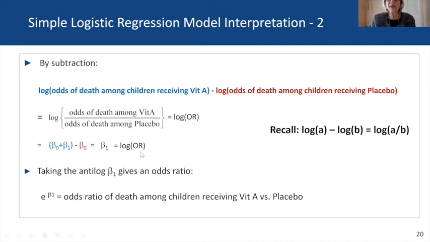So if beta 1 is a log odds ratio, then taking the anti-log, meaning exponentiating beta 1, gives us an odds ratio. And this is typically what we interpret, the exponentiated coefficient, because the exponentiated beta 1 gives us the odds ratio of death among children receiving vitamin A versus children receiving placebo. So I'm setting this up so that we can make some interpretations of these coefficients when we run a simple logistic regression model,